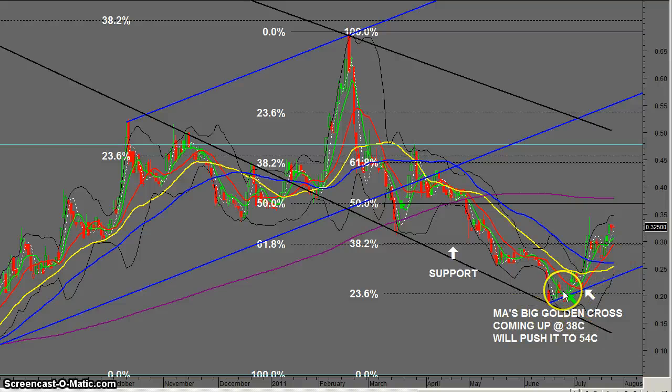Well, what was happening here, that green was just going through the red back then, and as we said then, it would then continue up through the yellow and the blue, and the red would follow it up. Now, what's going to happen now is the yellow is going to turn up through the blue, and the blue and the yellow are going to push up as well, and they're all going to push up to the 200 up here in purple, which is sitting around about